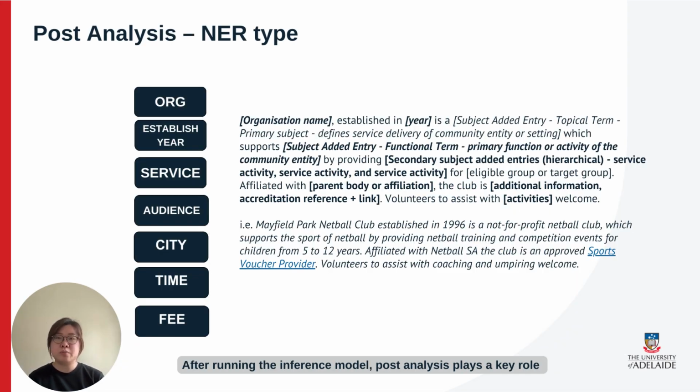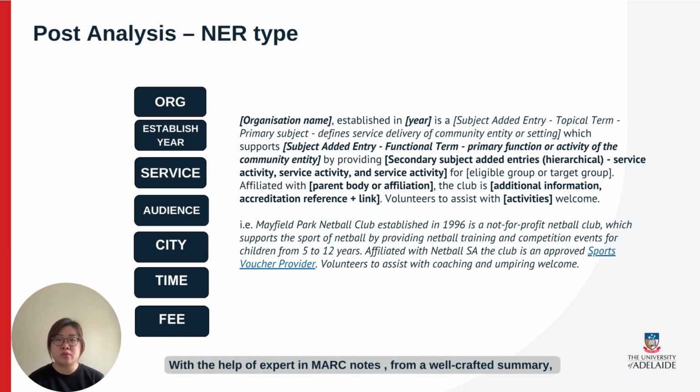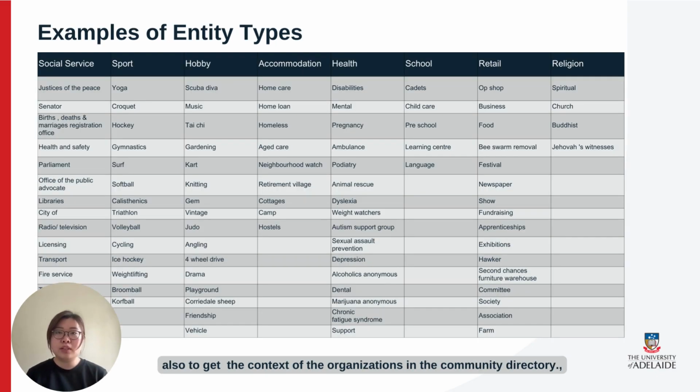After running the inference model, post-analysis plays a key role in guaranteeing the quality and the effectiveness of the generated summaries before they go into real-world use. With the help of an expert, from a well-crafted summary, it highlights the essential nature of using the following 7 NER types in our work. Also, to get the context of the organization in the community directory, here are some entity types that are involved in